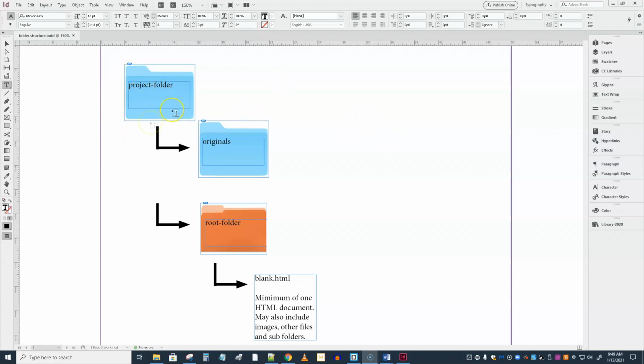We have a project folder, which is going to be named for the project. In this case, it'll be named something like Black Goose. I don't really care what you name it, because I shouldn't see it. You're not going to submit that to me. I suggest putting some kind of a folder called Originals or Resources or Resource or whatever you want to call